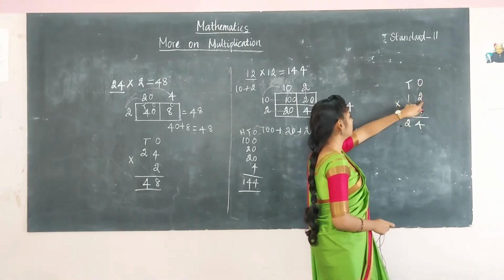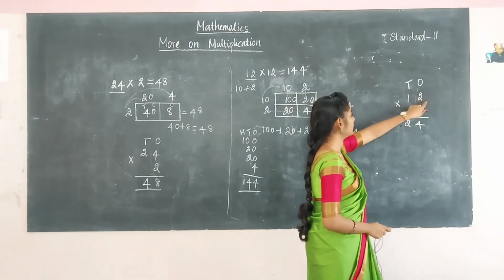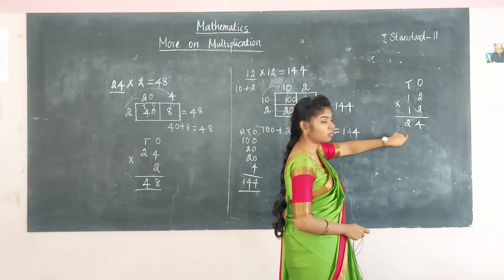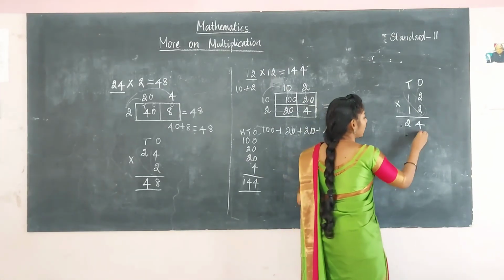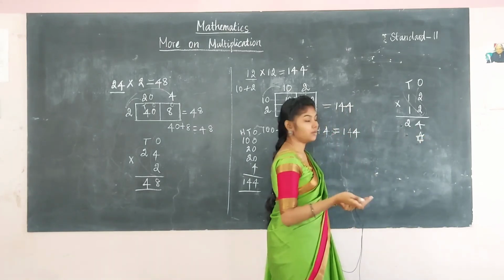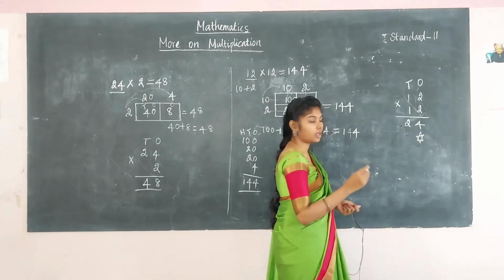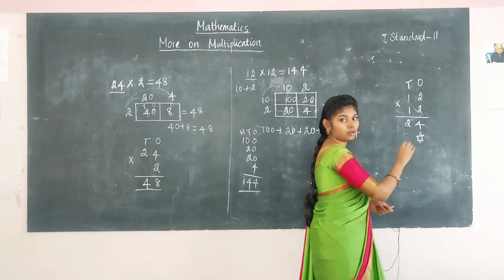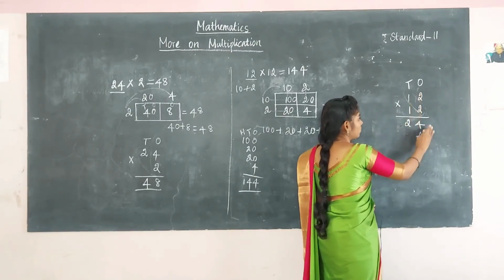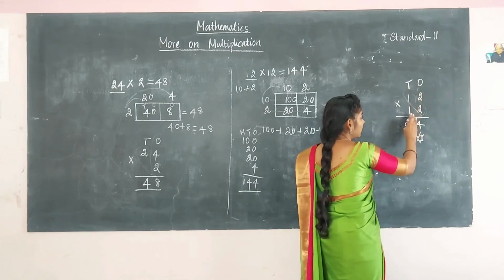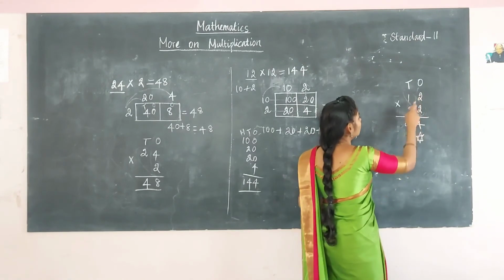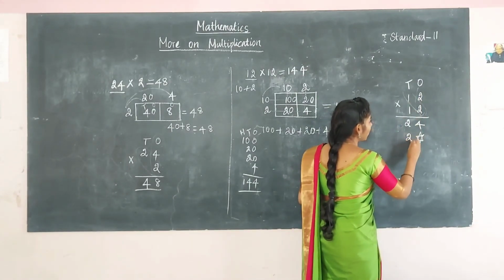And now the next thing is the ones place and the tens place. So here the tens place is the second, no? So you have to start from only the tens place. You should not write the number here. So for your identification, draw a star here, or you can give a wrong sign. So we should not write the number here after multiplying this one. So now you have to multiply the ones place number and the tens place number. So 2 ones are 2. You have to write here only.